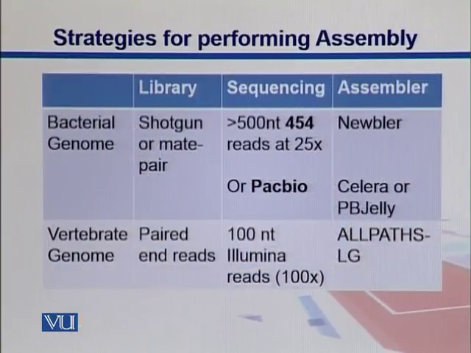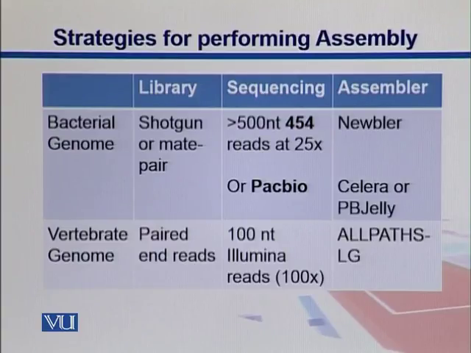So here we can see a comparison for a bacterial versus vertebrate, or we can say prokaryote versus eukaryote, genome. For prokaryote or bacteria, you can use shotgun or mate paired, and then you can use 454. Your reads are over 500 nucleotides, and the coverage is 25x. So in this case, you might want to use an assembler, we call it Newbler. In the same way, you can come up with the PacBio reads, and then for that you can use Celera or